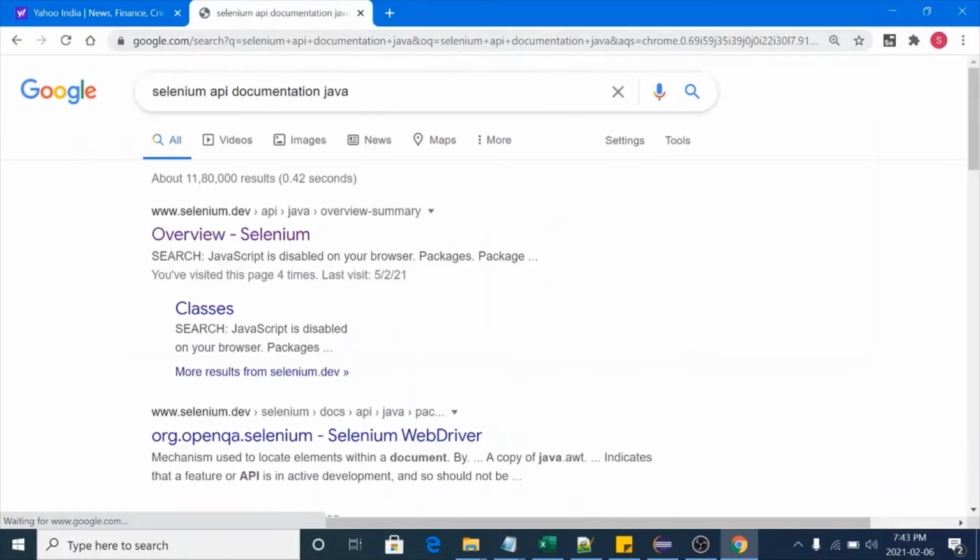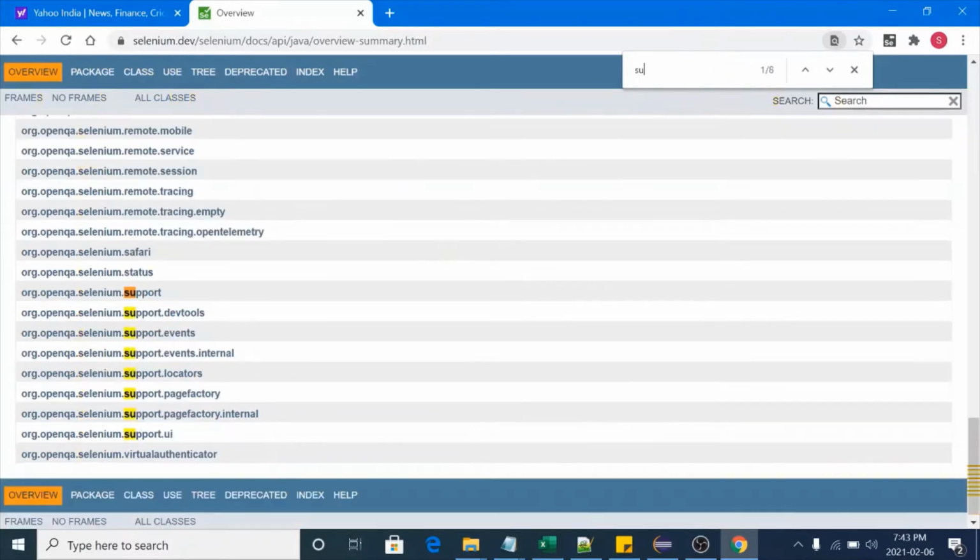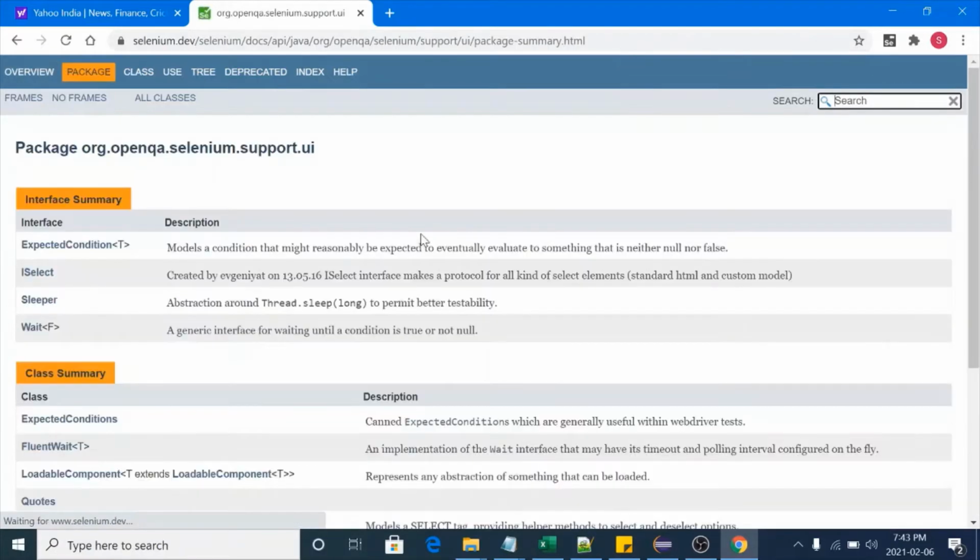Okay, and this is the first link, selenium.dev overview Selenium. So these are the packages of Selenium, and fluent wait comes under support.ui. Search here support.ui. Okay, so this is the package which contains fluent wait. Click on this link, have a look.